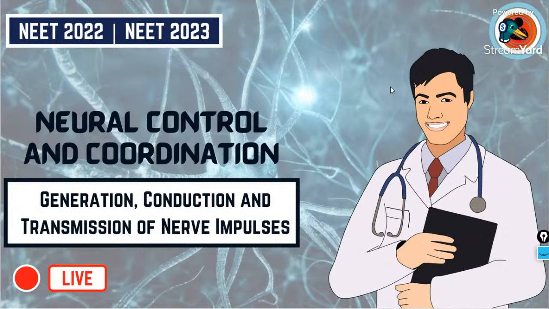So today we will be learning about the most important topic of this chapter, neural control and coordination, which will be difficult for most of the students to understand, that is generation, conduction and transmission of nerve impulse. So I have prepared a video about the same as well in order to make that concept very clear and easy for each one of you. And we will be drawing mind maps and concept maps to understand the topic very clearly. So listen to the class without missing a single point today, so you will get this topic perfectly and absolutely clear, because this is going to be a very important topic from which a lot of questions can come for your NEET examination, and questions have already come as well.